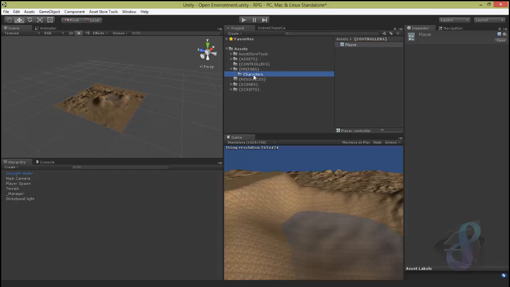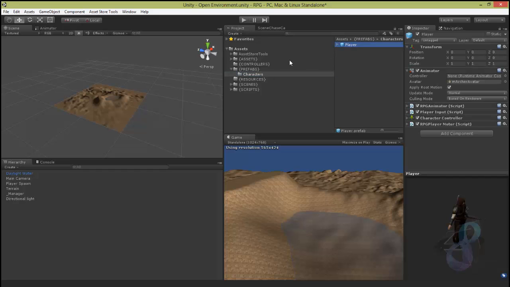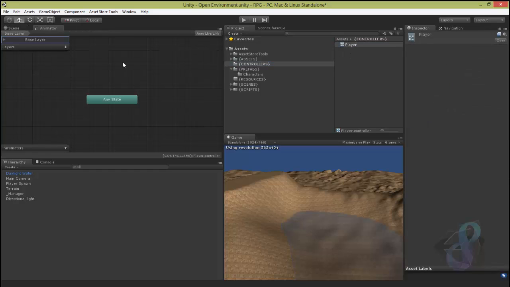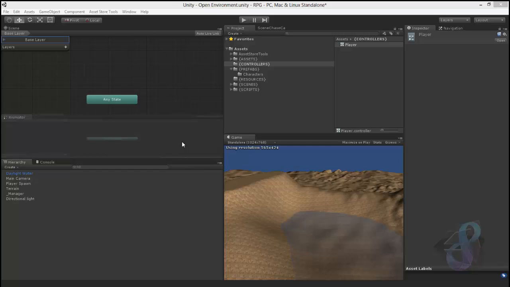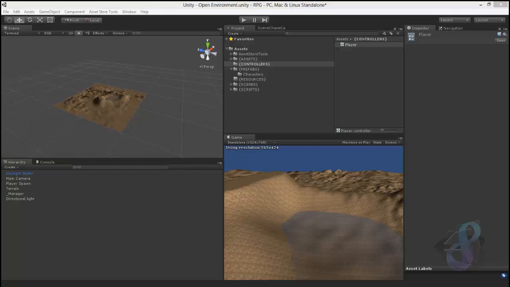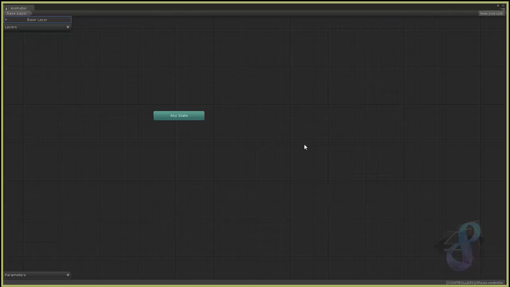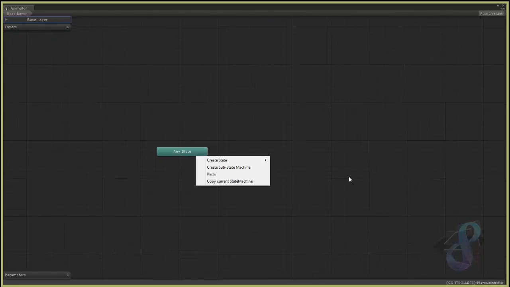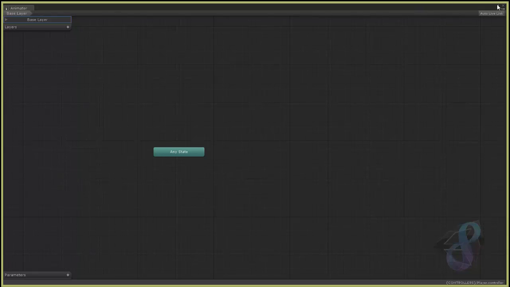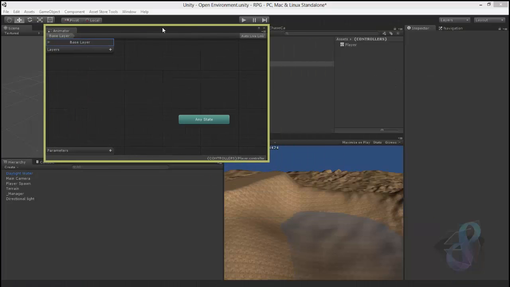And in our prefab, we drag and drop this player to here. Okay, now in here, if I double click, a window like this will pop up. Yeah, come on, I want you to be separated. Okay, like this. This is the heart of Mecanim. We will work a lot in here. So